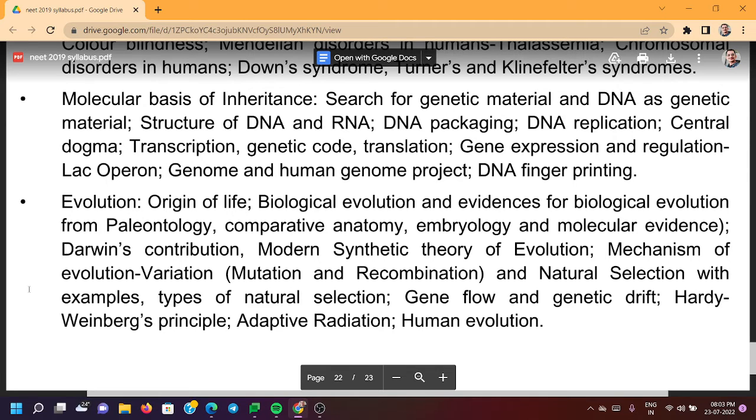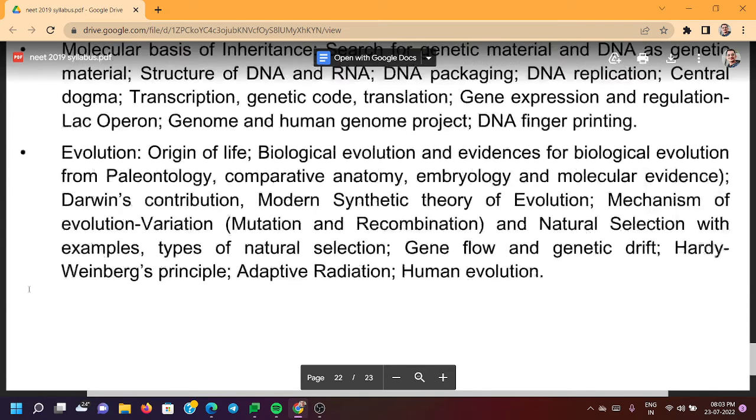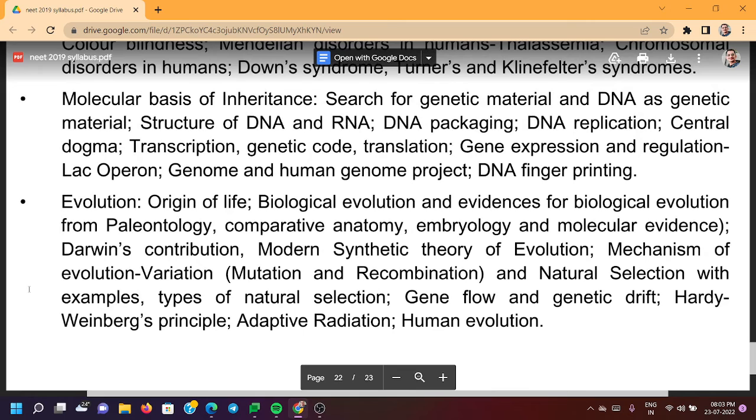Search for genetic material and DNA as genetic material. Structure of DNA and RNA. DNA packaging. DNA replication. Central dogma. Transcription. Genetic code. Translation. Gene expression and regulation. Lac operon. Genome and Human Genome Project. DNA fingerprinting. Evolution: origin of life, biological evolution and evidences for biological evolution from paleontology, comparative anatomy, embryology, and molecular